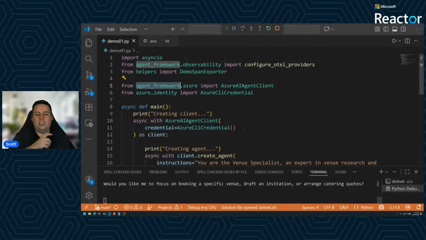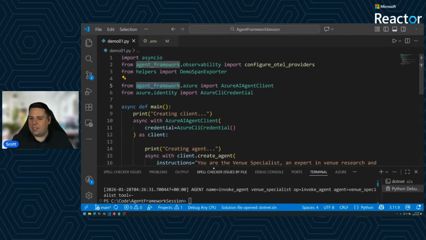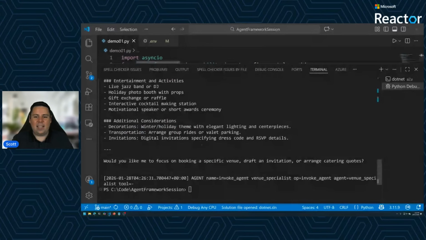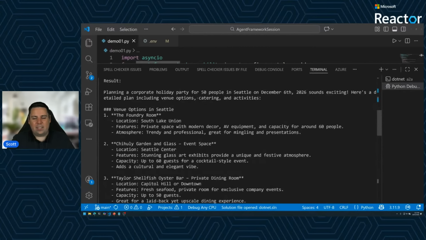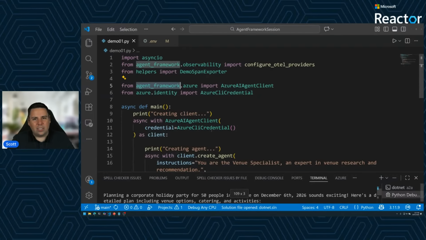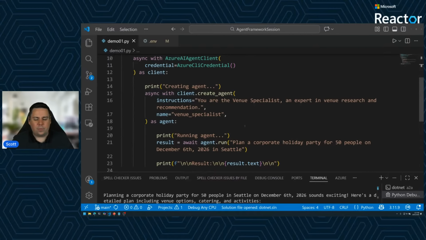And we can see here in the background, it's kicked off, it's authenticated as me, and generated some fantastic ideas for a venue. But there's a little bit of a problem. Here, it's generated ideas for venues, but it's only used its internal knowledge. It's only used the knowledge of the LLM. What happens if these venues have shut down? What happens if they're not open on the date in particular? What happens if they've changed their venue hire size and can't actually fit everyone in? What we've built here is a great agent in isolation, but it's isolated from the outside world.